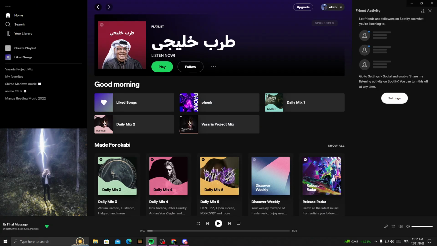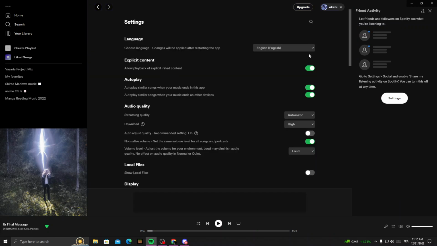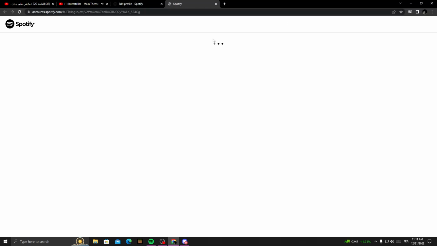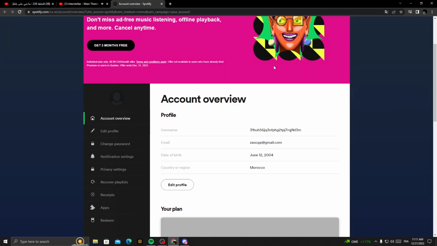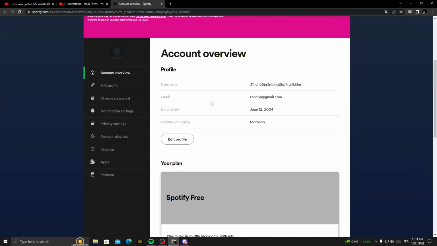First open your Spotify and now click on your profile here in the top corner and then click settings. Not settings, I mean click account, and here we'll find account settings. Then just scroll down until you find profile. Now click edit profile